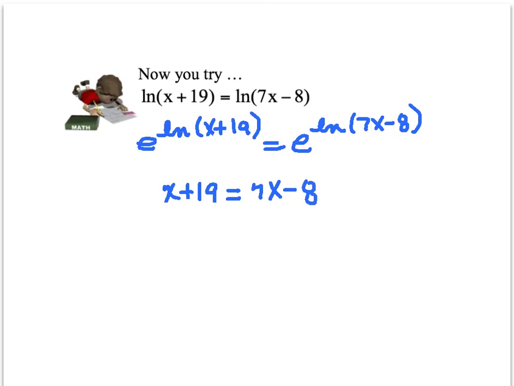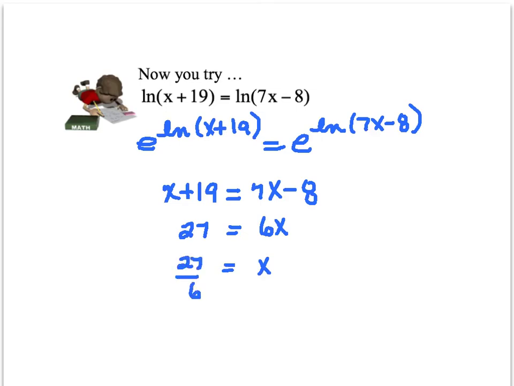I've got a linear equation. I'm going to solve for x. I'm going to subtract x from both sides and end up with a 6x on the right-hand side. And I'm going to add 8 to both sides and end up with 27 on the left-hand side. I want to get x to sit by itself. I'm going to divide both sides through by 6, and so x is going to be equal to 27 divided